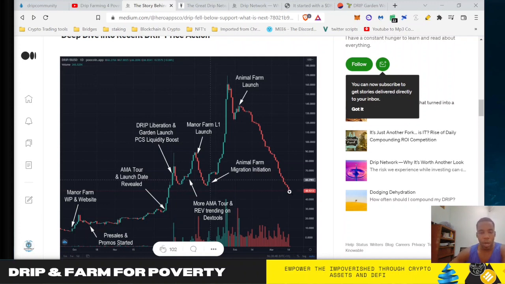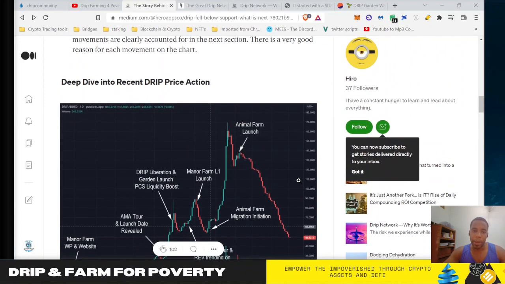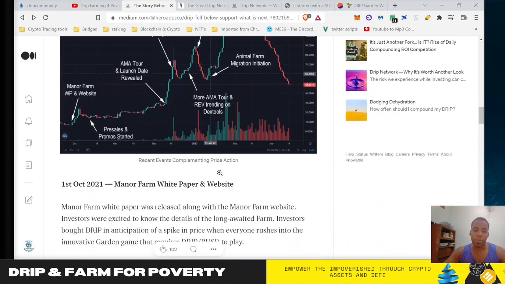How high will that reversal go? I don't know. There's no guarantee that it'll get back up to here. There's no guarantee that this won't go down to the 20s. But you do see the trend with the announcement of projects and the partnerships and all that stuff. So we do know, like I mentioned in other videos, there are other partnerships, collaborations, bullish news coming. So you see all these buy the rumor, sell the news events. So if you want to time your investment as well, then you can look at these trends for that kind of analysis versus trying to use traditional TA, because again, DRIP, as highlighted in this article, is not a crypto that is traded.